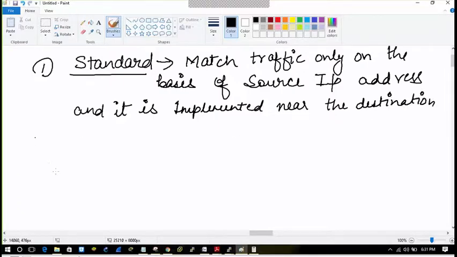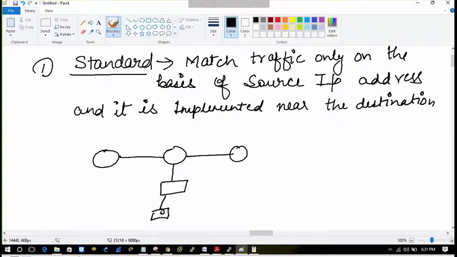Now let's take a scenario. For example, here is a router, here is a router, and here is a router, and here is your switch. There is a PC, let's say 10.1.1.1, and here is a server, and here is also one server.